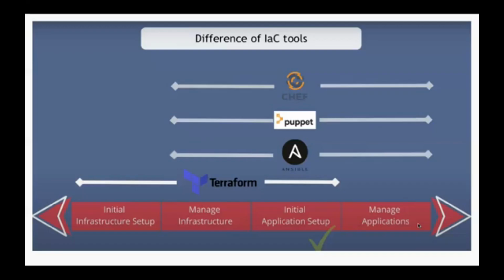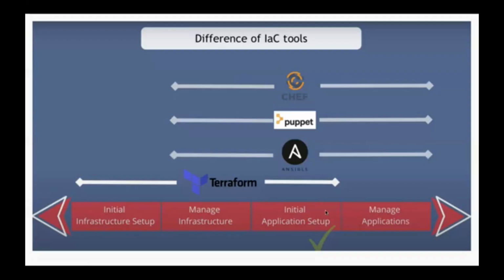We have to refactor the code. Maybe we have to add some more APIs. So these are the 4 steps that are majorly required by any application. First is to set up the infrastructure, then manage it, set up the application, and then manage the application. Now, if you talk about Terraform, Terraform is good to handle